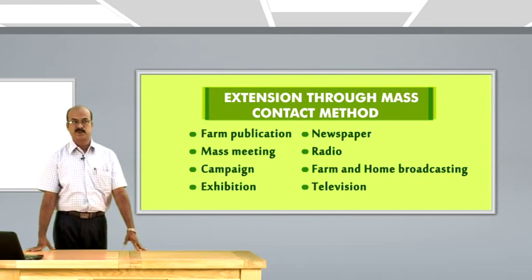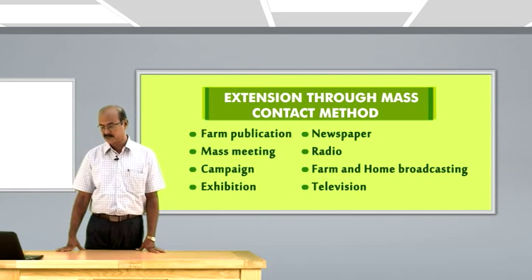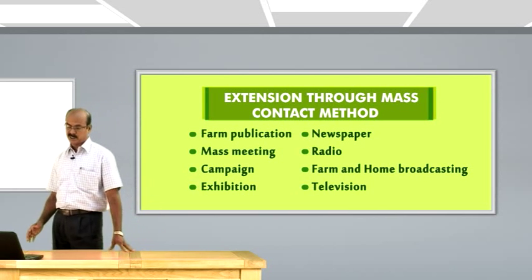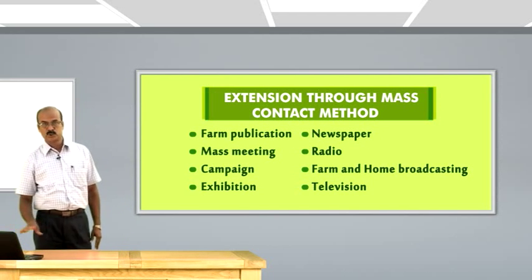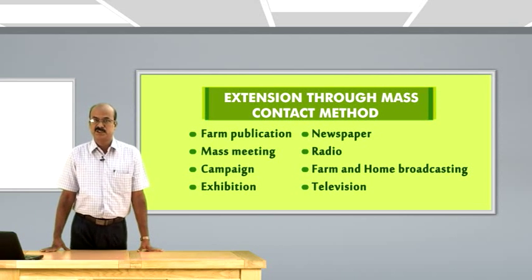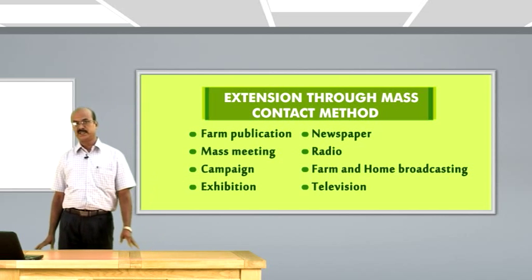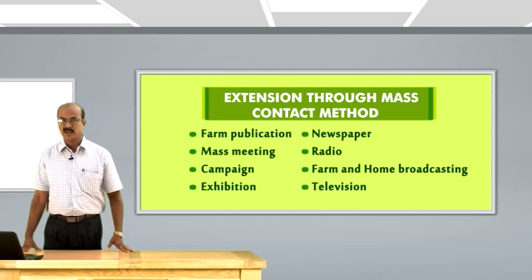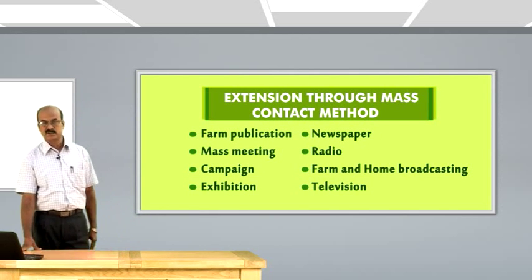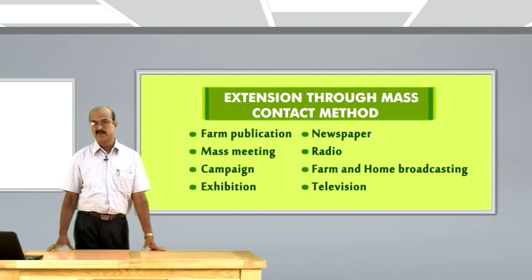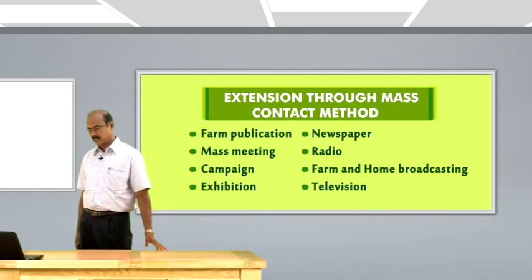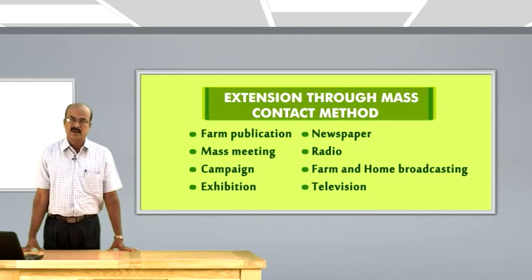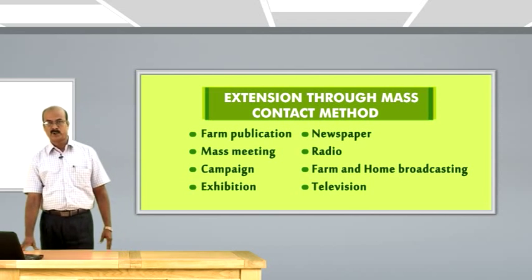The newspaper is another mass medium, with a number of sheets, more number of sheets. Every newspaper nowadays is printing information on agriculture technologies. So the latest information, day-to-day issues to be solved, or any emergency situation will be spread through the newspapers. Every newspaper has its own way of presenting information, maybe given by a scientist or a subject matter specialist from KVK or researchers from various subject matter areas. They will deliver the information through the newspaper in the form of print, and that will have a wider circulation.